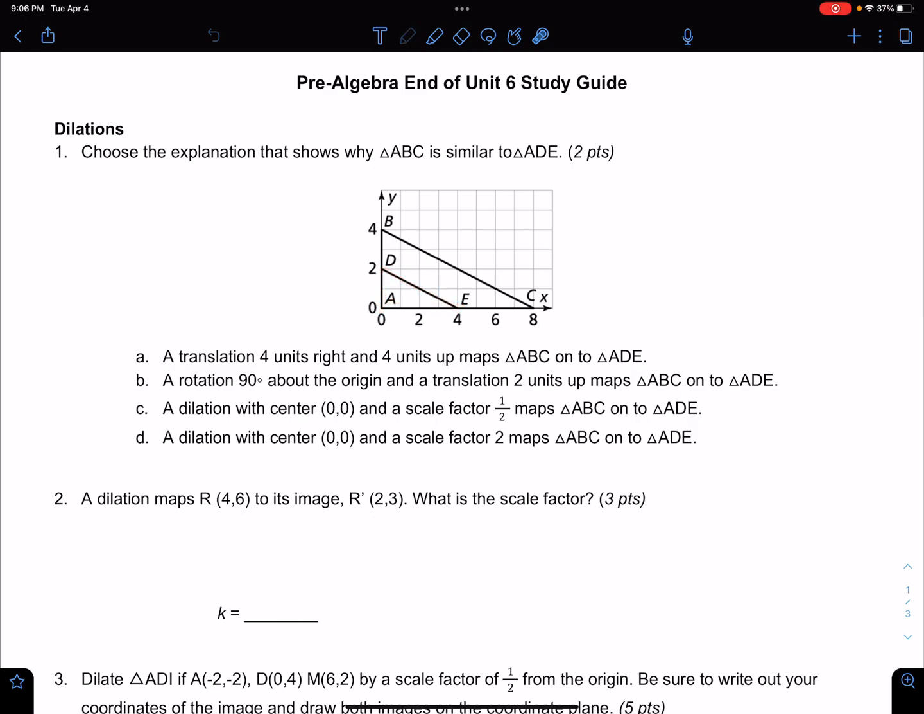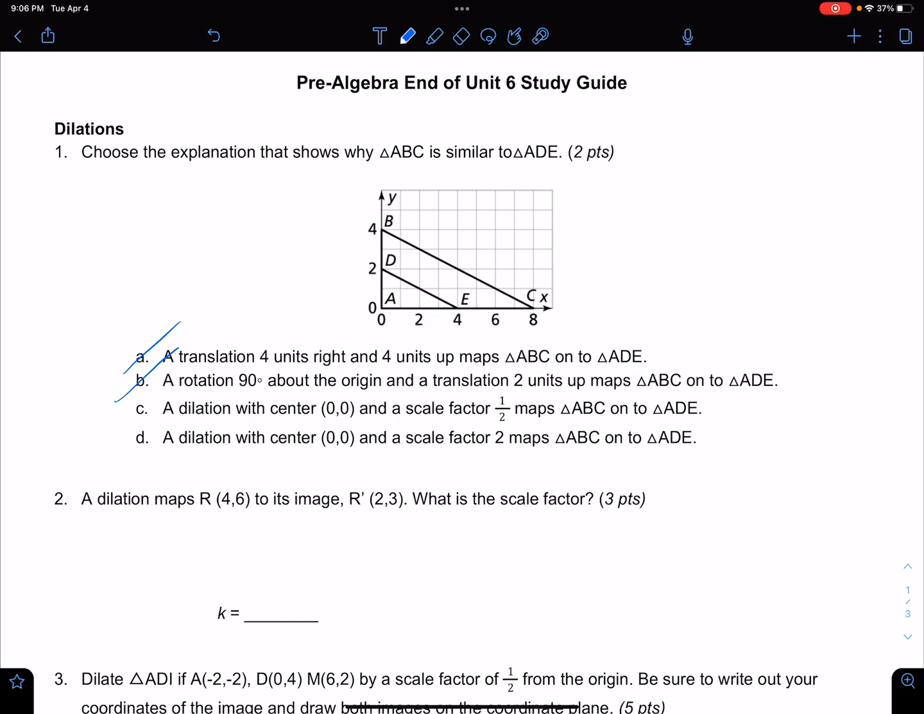Okay, so we can see that we just simply changed the size of it. We did not move it to the right, so we're going to mark that out. We did not rotate it. It's simply either bigger or smaller. So C, this is a dilation with center 0, 0 and a scale factor of 1/2 maps ABC to ADC